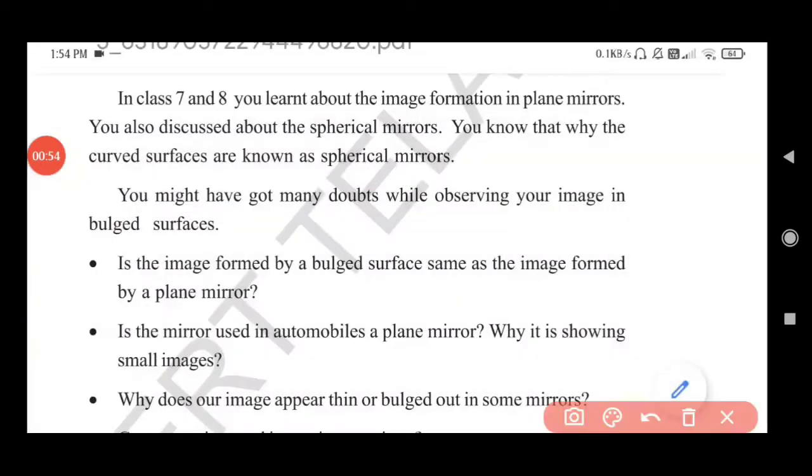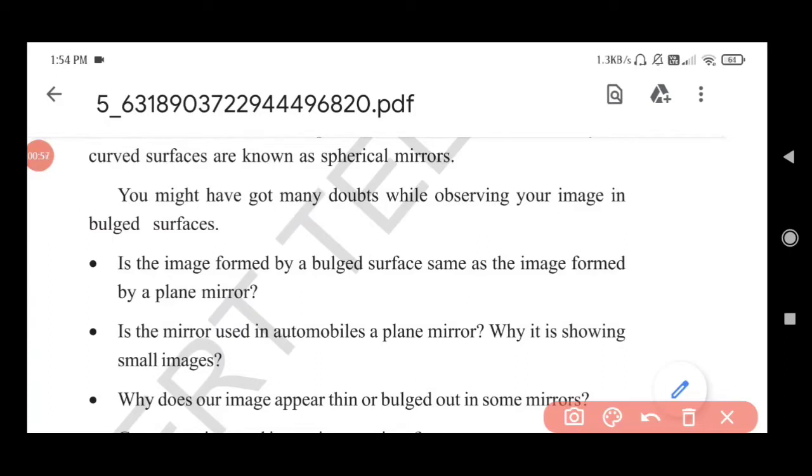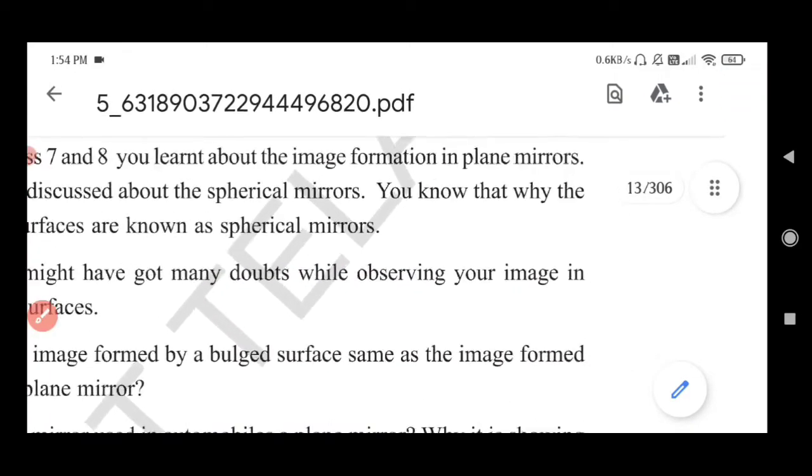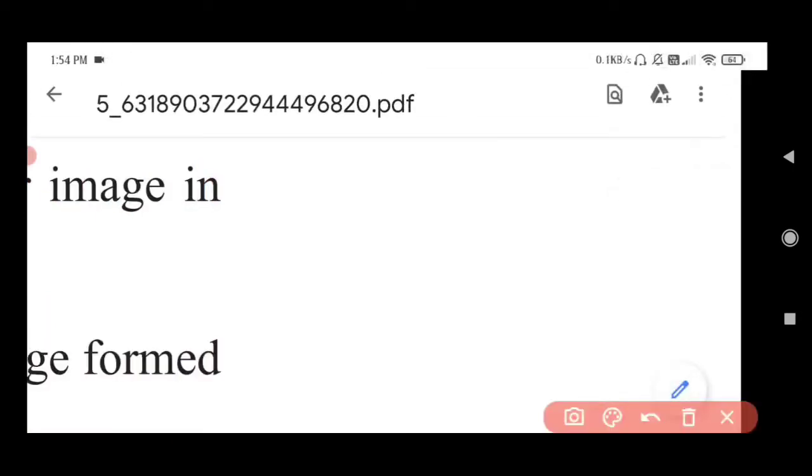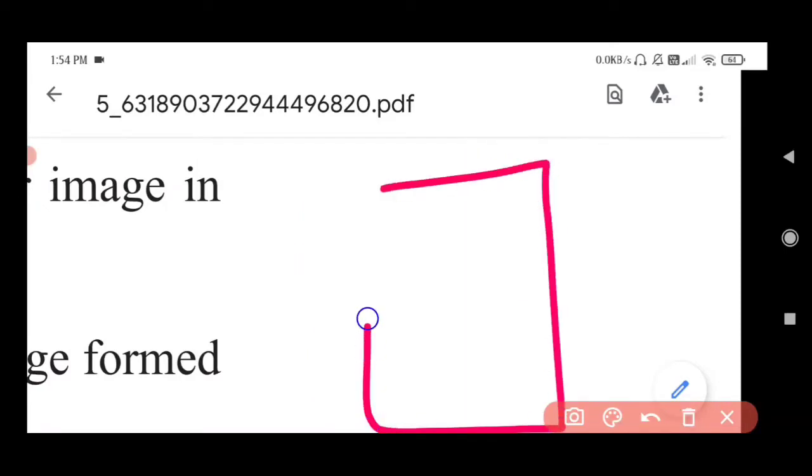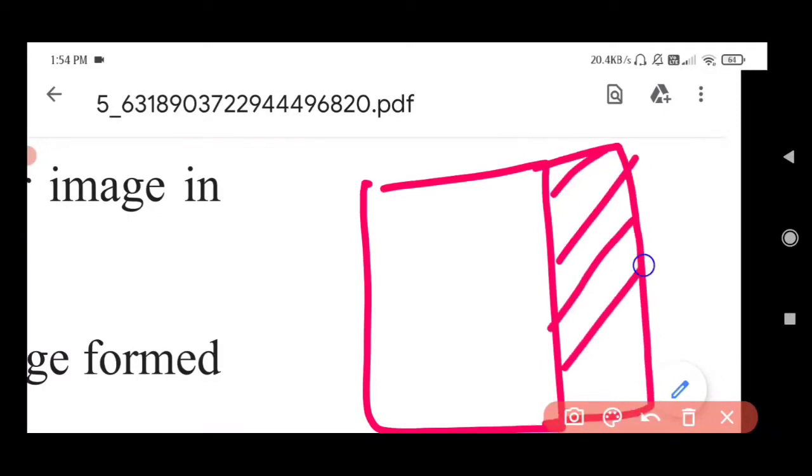So first let us see what is the plane mirror. What is a plane mirror? What is a spherical mirror? So a plane mirror is basically, let me explain, a plane mirror has two sides. Okay, the front side where you can see your image, which is the reflecting part, and the other side of the plane mirror, the back side, has the silver painting. Okay, there is a silver painting at the back side.